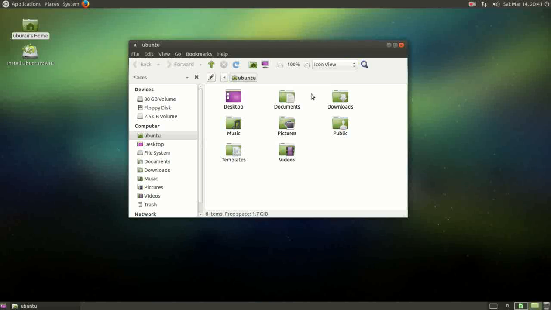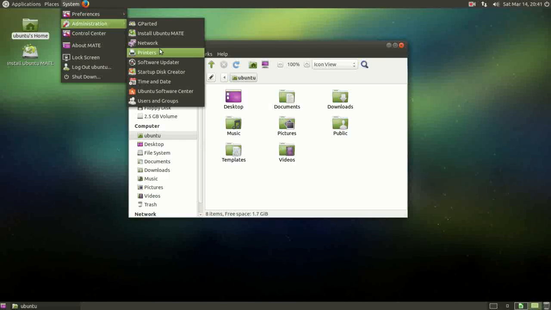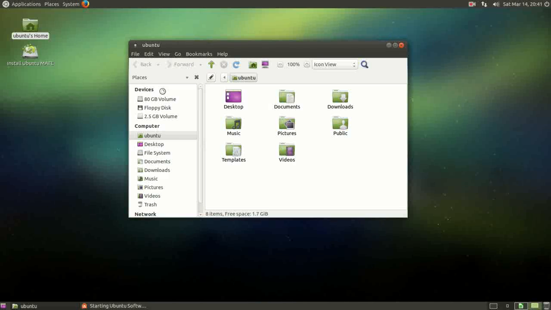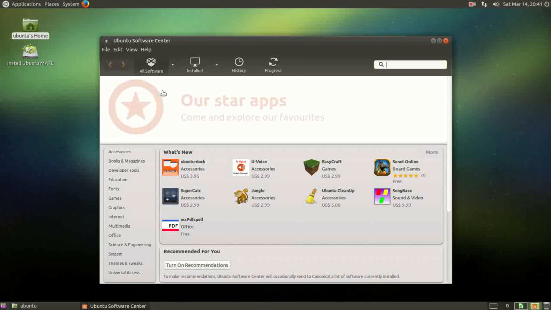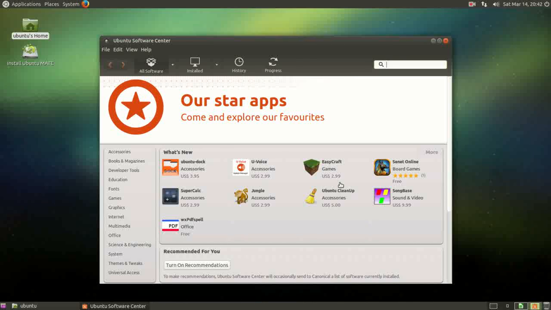If we're looking for a particular program that might not be included in this version, I can go into System, Administration, and down at the bottom we have something called the Ubuntu Software Center. A lot of people say all the programs for Linux are free. We can see right down here, this one's $3.95, this one's $2.99, this one's $2.99. So not all the programs are free, but there are many, many programs out there that can be downloaded for no cost. I'm going to close this,